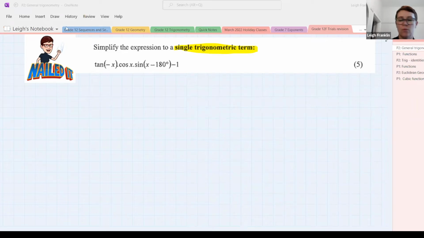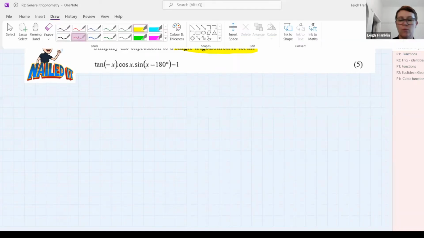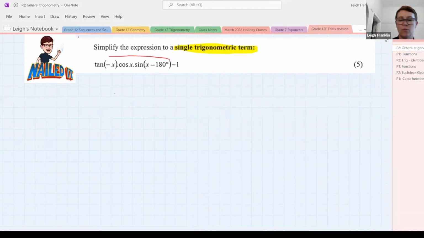Well done. That's what we want to help you be able to do. What I would do here, Matrix, is look at this and say to myself, I have 2 terms: the first term and the second term. So I have to multiply tan minus x with cos x with sine x minus 180, and then I have to subtract 1. Let's start with the first thing, which is tan minus x. What does that reduce to? It reduces to